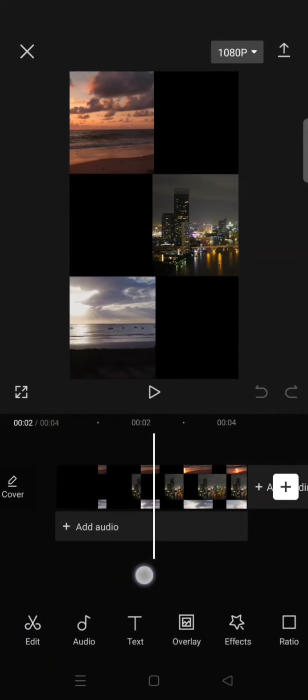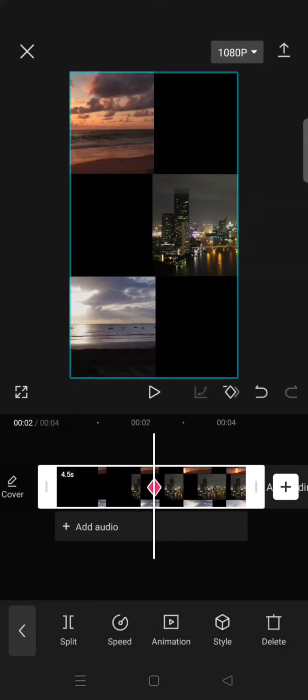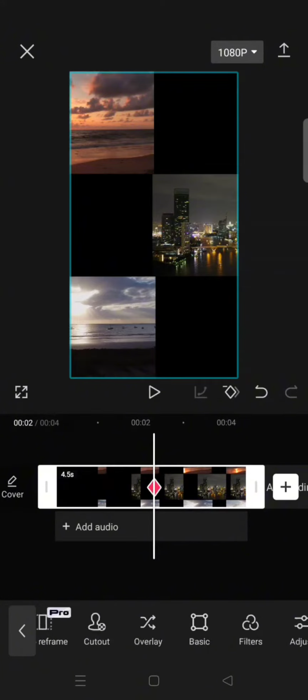On today's tutorial, I'm going to show you how you can make an opening video with these color transitions on CapCut. So first, just go add your clips and then go to where you want the transition to start. For example, I want to start here. Add a keyframe and then go to adjust